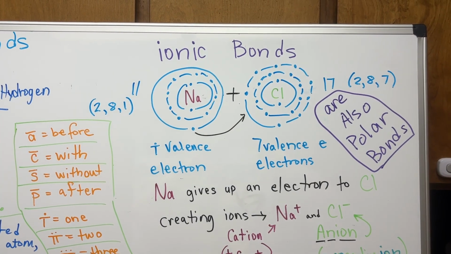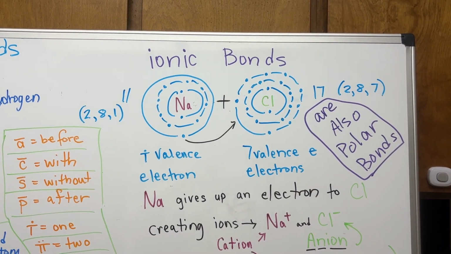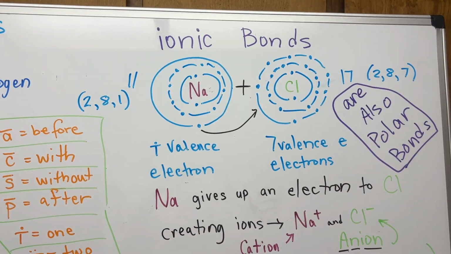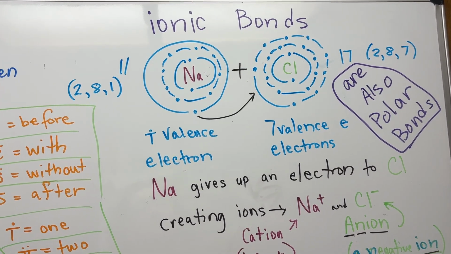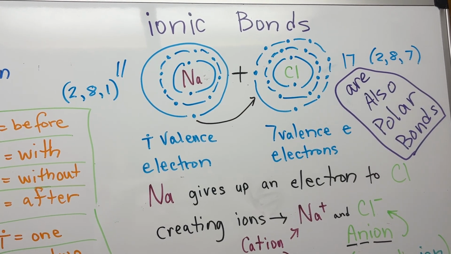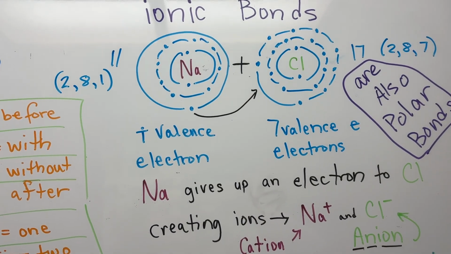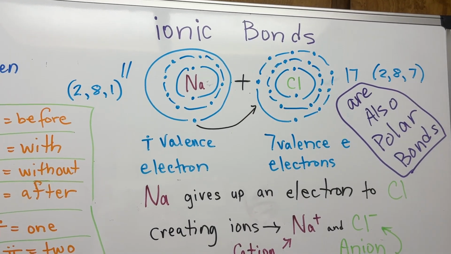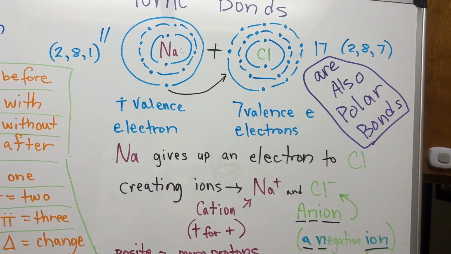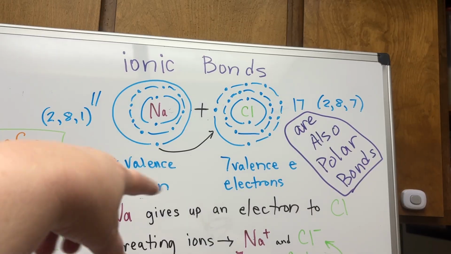Ionic bonds. Ionic bonds are also polar bonds. Ionic bonds are bonds between two atoms where one atom gives up its outside electron, or outer electron, to the other one. It might be more than one, but in this case, it's one electron in the valence shell, the outer shell